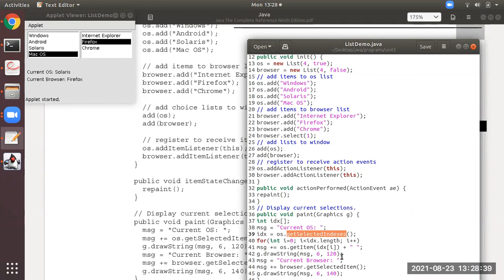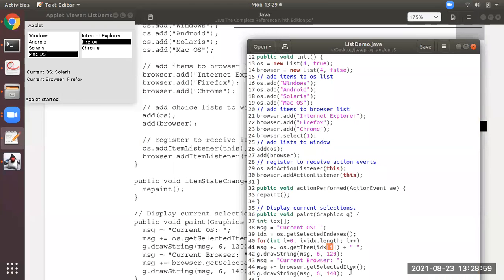So idx at line 39 will be idx equal to 2. According to that, for the loop, you just trace out that getItem at idx of 2.